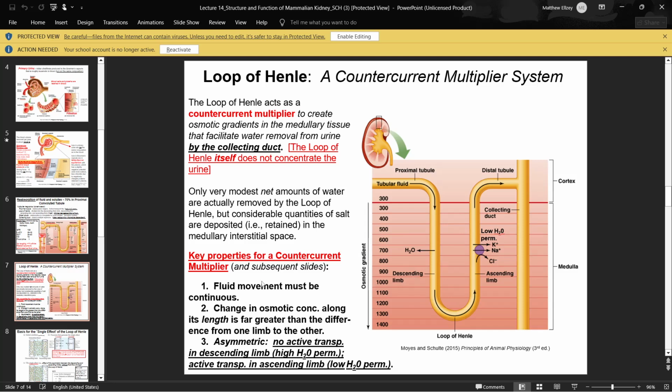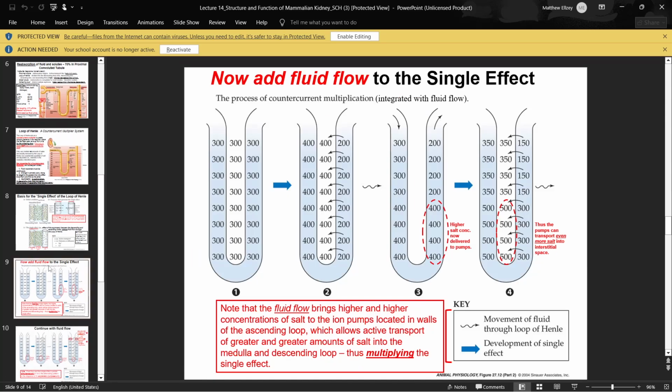So fluid movement must be continuous for a countercurrent multiplier. The change in osmotic concentration along the length is far greater than the difference from one limb to the other. So the difference between the two sides at each level is going to be about the same, but as you get deeper, the gradient is going to change drastically, multiplying, essentially getting this larger osmotic gradient. And also it does need to be asymmetric, where there's high permeability to water here and active transport of salts here. Now, the real reason that this is important